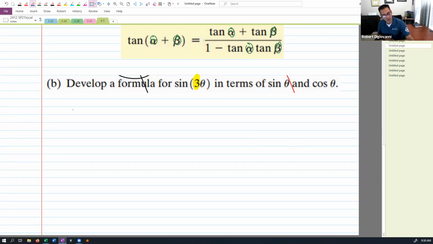So do you agree with this? Do you agree that sine of 3 theta could be written as sine of 2 theta plus theta? Right, that is still 3 theta. And then I could go back to last class because this now looks like an alpha and a beta, and I have a sum in a sine, right? So last class we learned that,